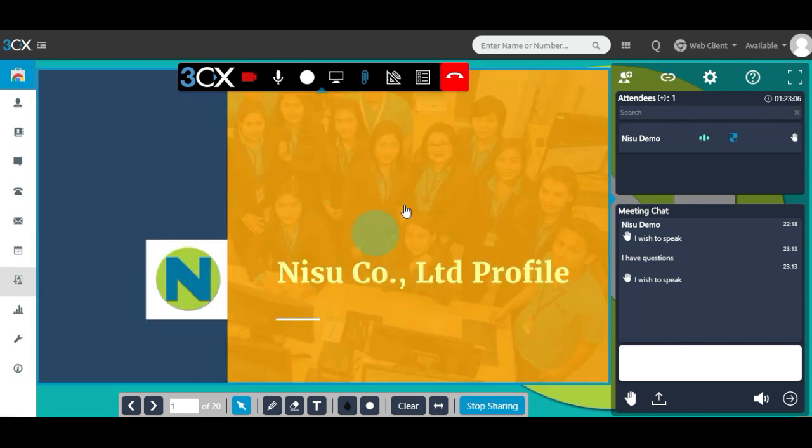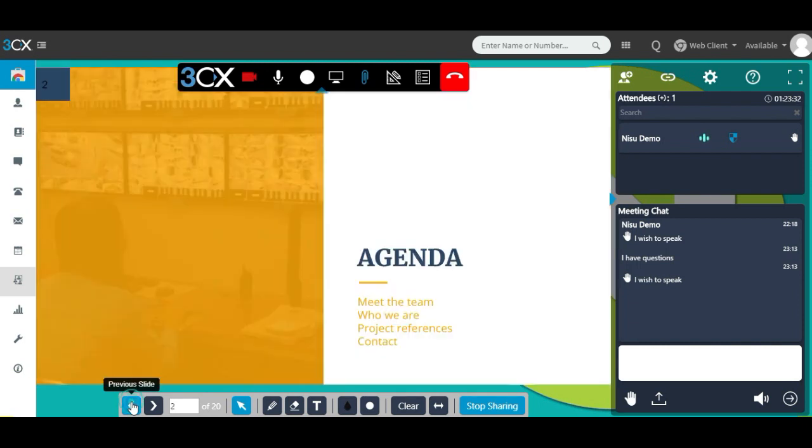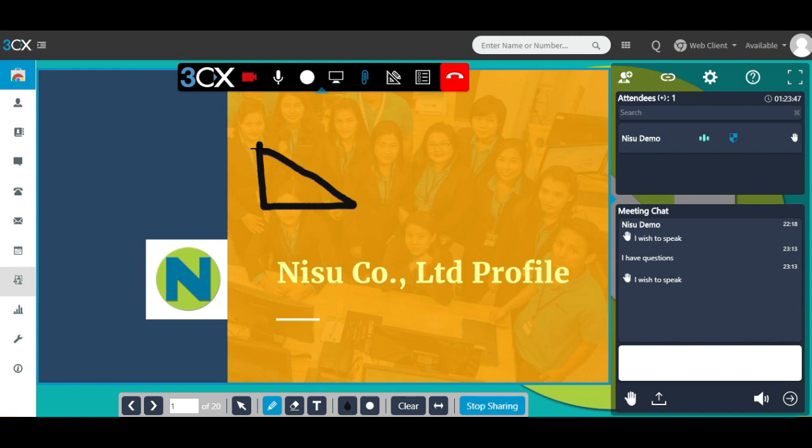You can now see my pointer on the screen. Assume that this is your material. You can just keep going slide by slide until you finish the materials. On the way through your materials, however, you can interact with your students. Let me show you an example. Let's go back to the first page. You can draw on the screen without damaging your presentation file.